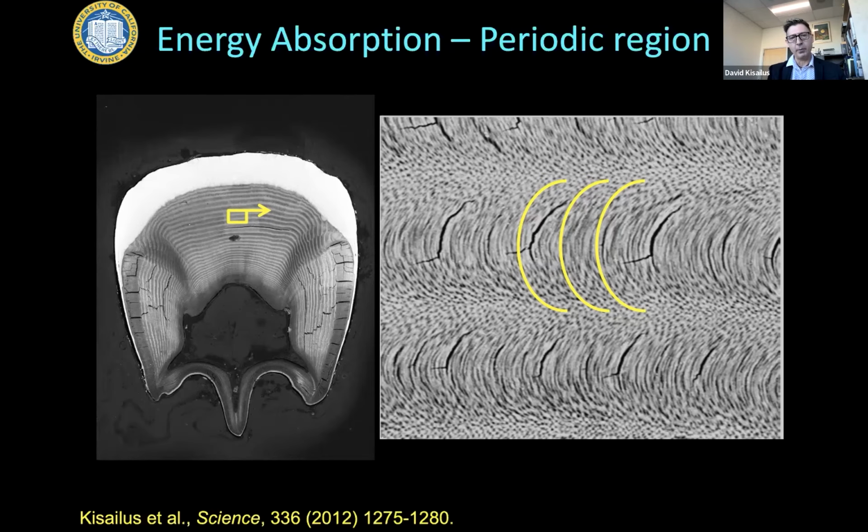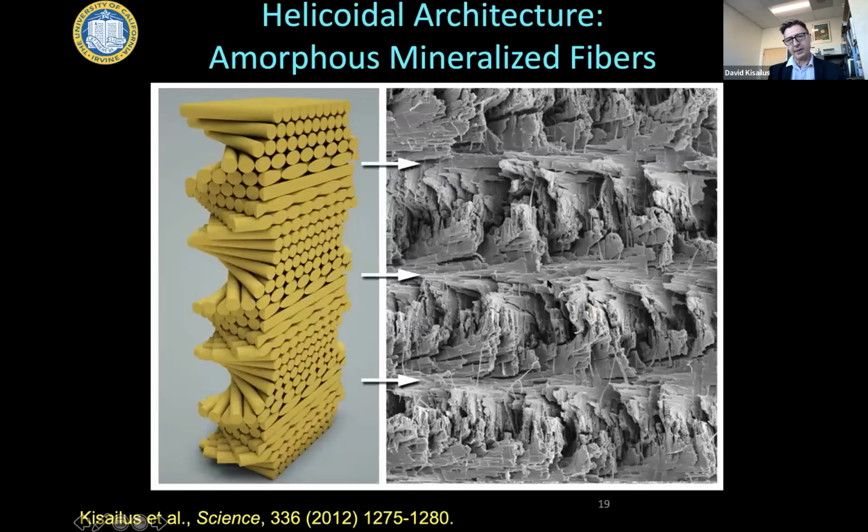But when we actually, instead of using a polished section of this club, said, let's fracture open the club to see what it looks like, it looks like this. So on the right side is a structure called a Bouligand or helicoid structure. Actually, I have a little model that my student made just using popsicle sticks. But you essentially have unidirectional fibers that are stacked on top of each other. You can see in this yellow model on the right, but each subsequent layer is rotated a small angle. So it's like a twisted plywood type of structure.